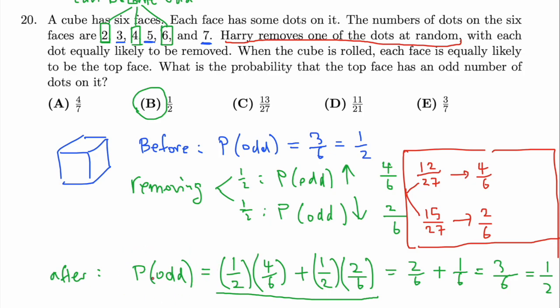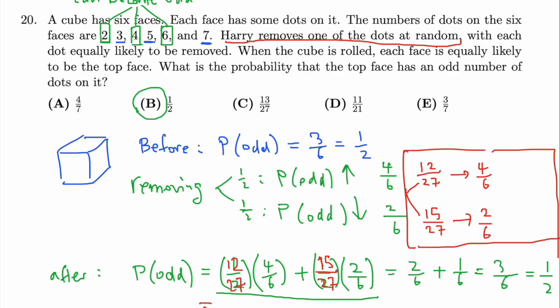And these are mutually exclusive, so we can write the final probability in a similar way. There's a 12 out of 27 chance for choosing 2, 4, or 6, and in that case the probability of odd increases to 4 over 6. And then there is a 15 out of 27 chance that he picks one of the other faces, 3, 5, or 7, in which case the probability of tossing an odd decreases to 2 over 6. And if you add up that probability,